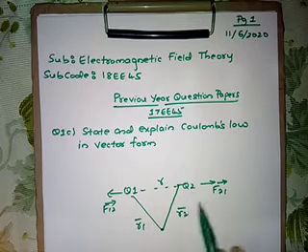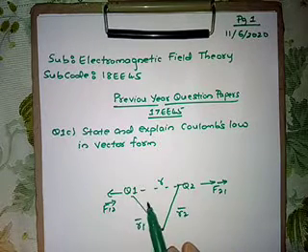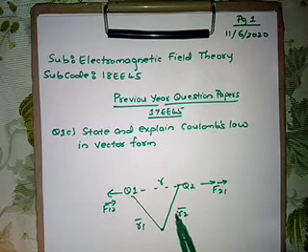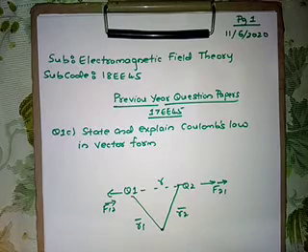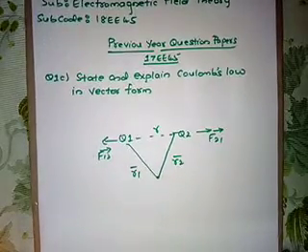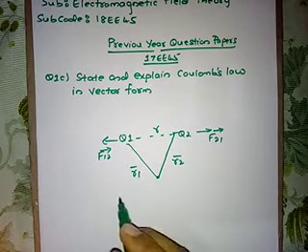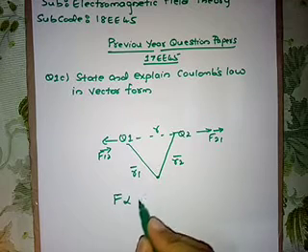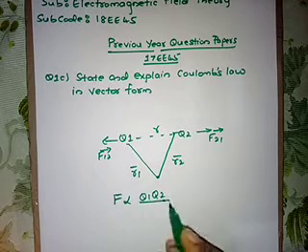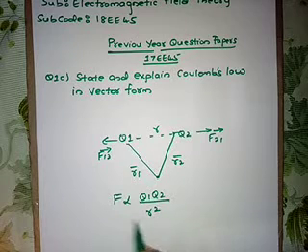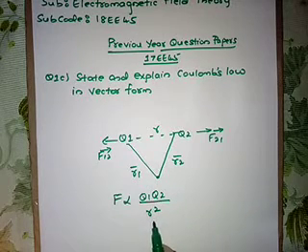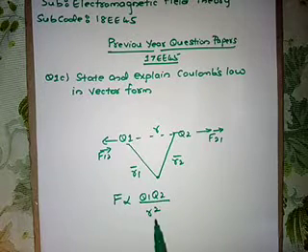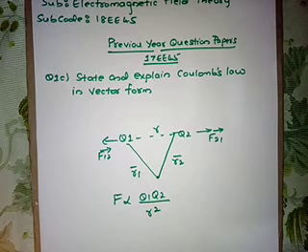Right. So we have considered 2 point charges here, Q1 and Q2, with the distance r separated between the two. Let us write the equation for the Coulomb's law here. As per the statement of the Coulomb's law, we can write the force between two charges is directly proportional to the product of the magnitude of the two charges and is inversely proportional to the square of the distance between them.